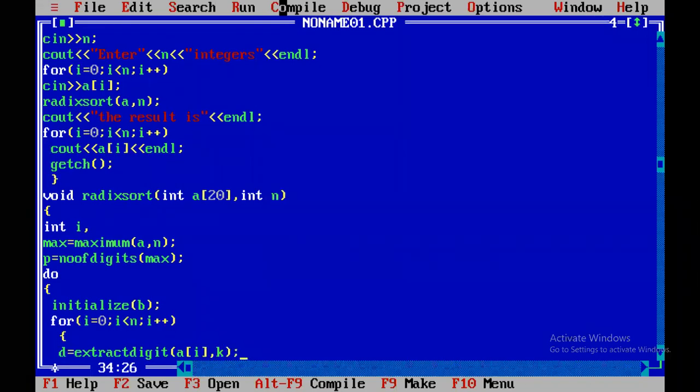In the first pass you have to extract the first digit. In the second pass you have to extract the second digit. In the third pass you have to extract the third digit. That's it. I pass k also, because k indicates which digit you have to extract, the first digit or the second digit or the third digit. So that is the purpose for which I passed k. Okay, after extraction of the digit, then